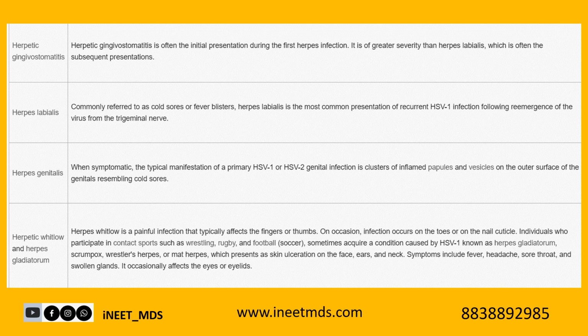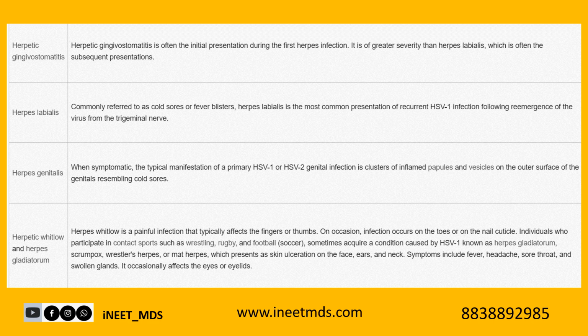Then we have an interesting lesion which is called herpes gladiatorum or herpetic whitlow. Herpetic whitlow is an infection which happens in the finger and it usually occurs because of transmission from some other primary area into the finger through contact. Earlier it used to occur in dentists when they never used to wear gloves while practicing. That is how herpetic whitlow was transmitted, though its frequency and occurrence has gradually reduced.